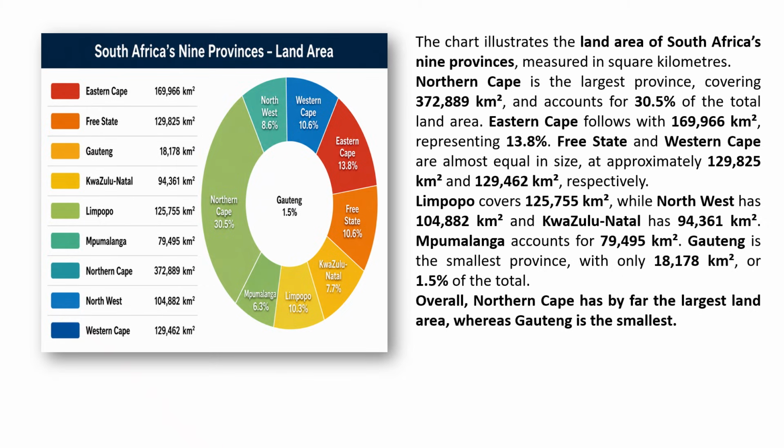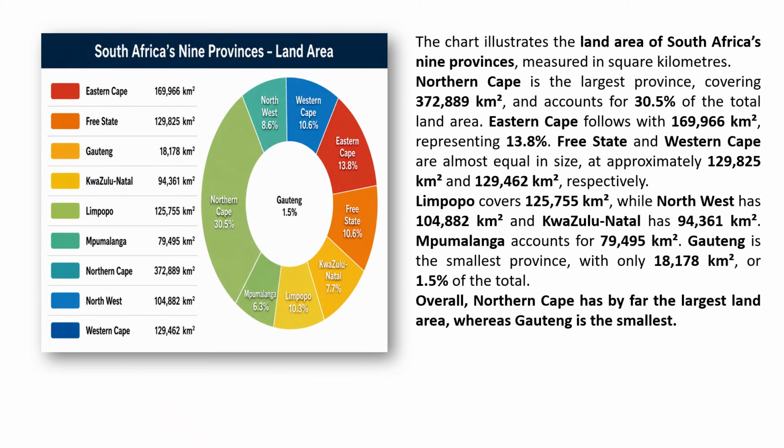Free State and Western Cape are almost equal in size, at approximately 129,825 square kilometers and 129,462 square kilometers, respectively. Limpopo covers 125,755 square kilometers, while Northwest has 104,882 square kilometers and KwaZulu-Natal has